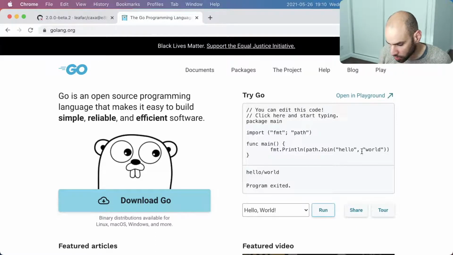Okay, hello / world. And then what if I do hello / world / by? Okay, that concatenates everything correctly. What if I use a backslash instead? It puts a backslash in there. Okay. Now,